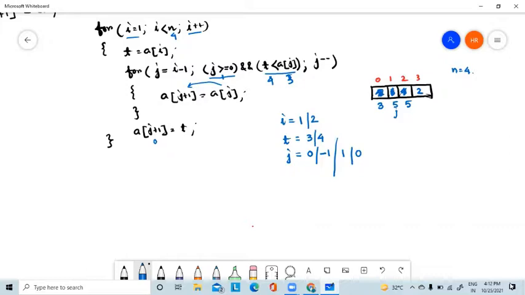And what is written here? a of j plus 1. What is the new value of j? 0. So it becomes 1. So a of 1. This is the position of a of 1. I will copy the temporary element into this position. What is the temporary element? 4. So 4 will be copied here. Got it? So 3, 4, 5 sorted. Next iteration,